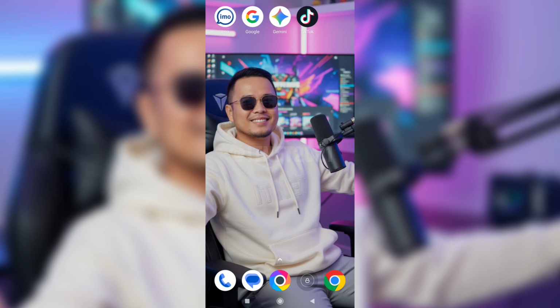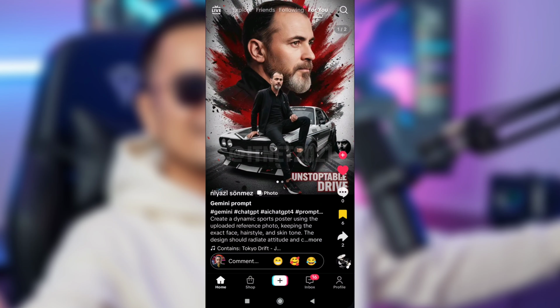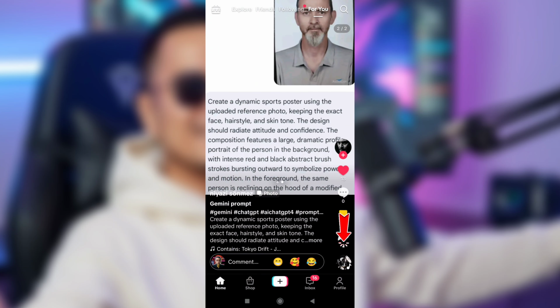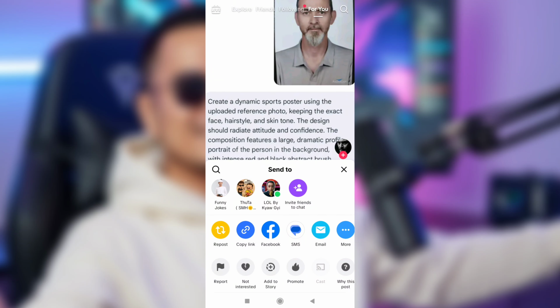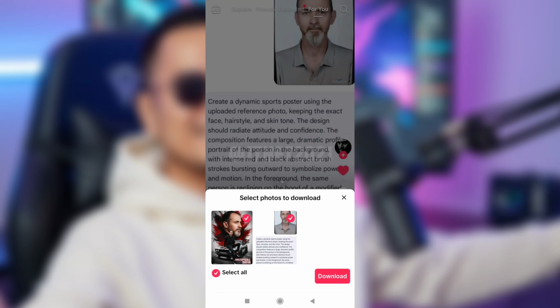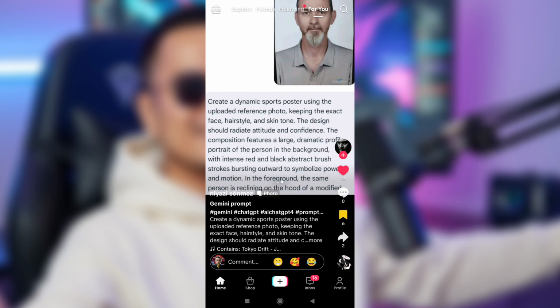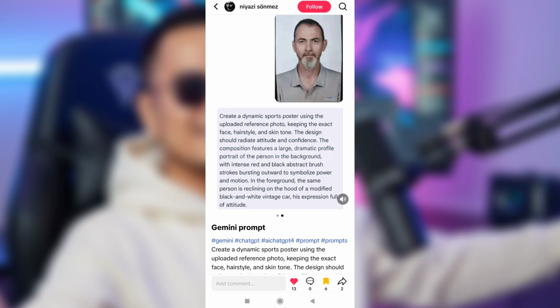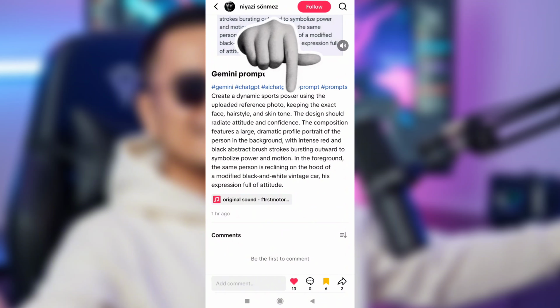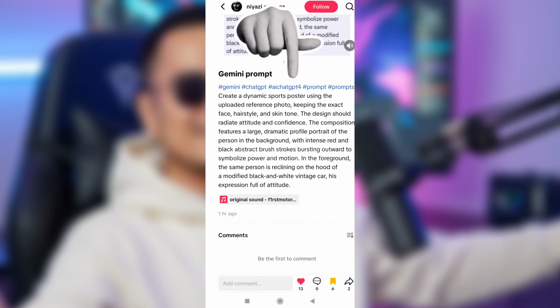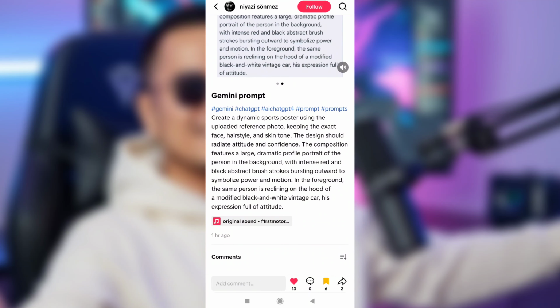Let's take a look. You may have seen prompts posted on TikTok, so I'm going to show you how to copy text from the prompts posted on TikTok. If you have written prompts in the image, you can save the image and copy the prompts as text. Another method is to use this method to copy the prompt text. If you have written prompts in the caption, the main thing is to take the prompt text as a photo